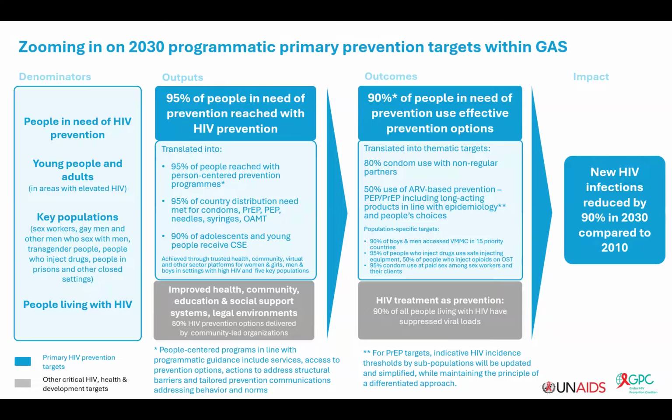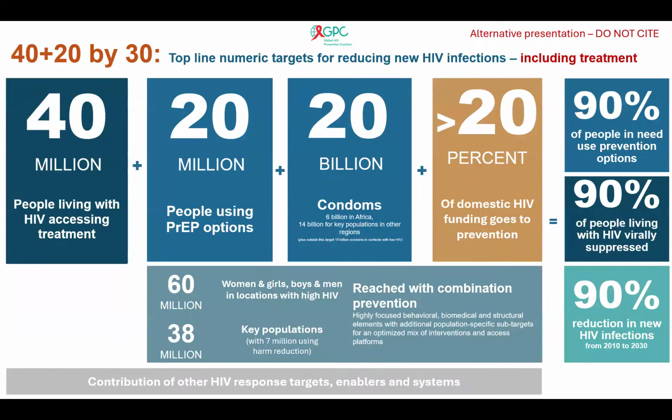And then we have, of course, a 90% incidence reduction target, which remains unchanged. The needs estimates will actually enable us to put out quantitative targets at all levels: global, country, and district level. At global level, this looks like a 40-20-20-20 target, which led to this slogan in the framework of 40 plus 20 by 30, a little bit like the 3x5 that we had for HIV treatment. The idea is 40 million people living with HIV accessing treatment, 20 million people globally using PrEP options, 20 billion condoms, 20% of domestic